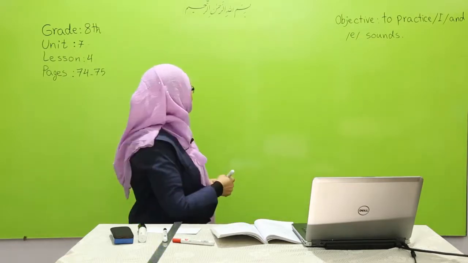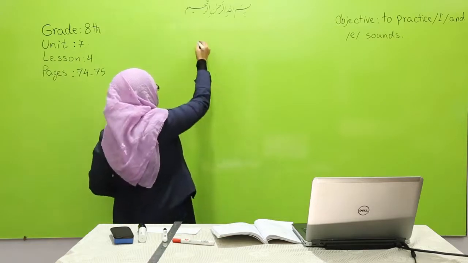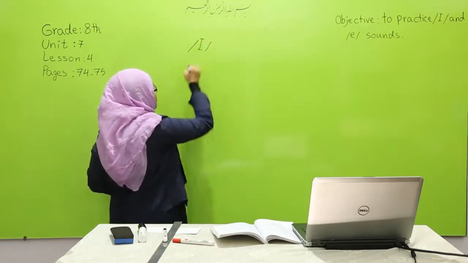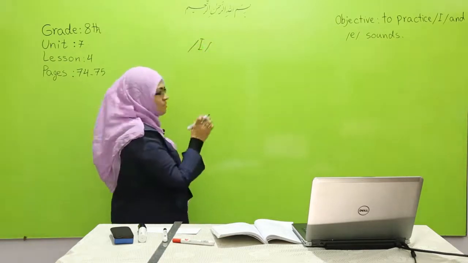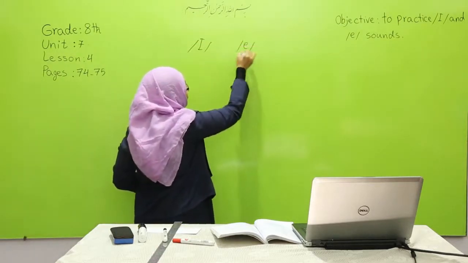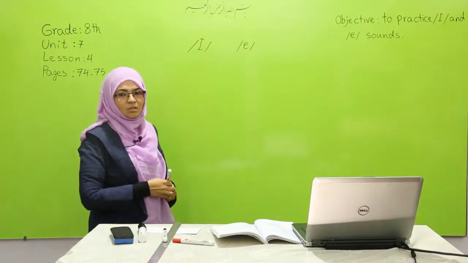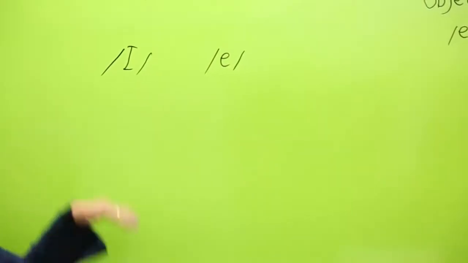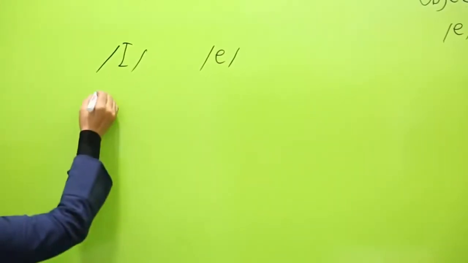As always, I will write the symbols on the board for you. This is the symbol for the E sound. That is so short, okay? It is very short. And this is the symbol for the A sound. Like, which word? Let me give you an example. Like